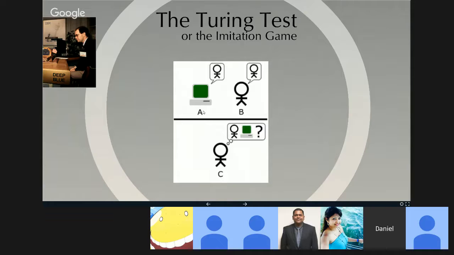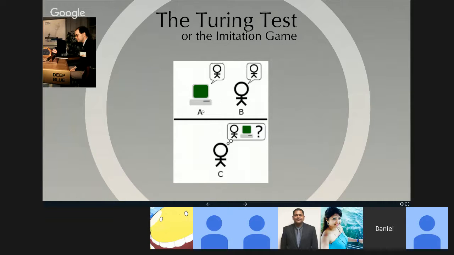Right, so this is the Turing test. This is a test, right, so where some human is asking questions of both machines and humans. It's getting responses, and it has to use these responses to make a determination, to judge whether the machine is actually human. If the machine can convince the judge that it's human, then the machine passes the test. If, on the other hand, the machine fails to convince the judge that it's human, if the judge can tell that it's a machine, then the machine fails the test.